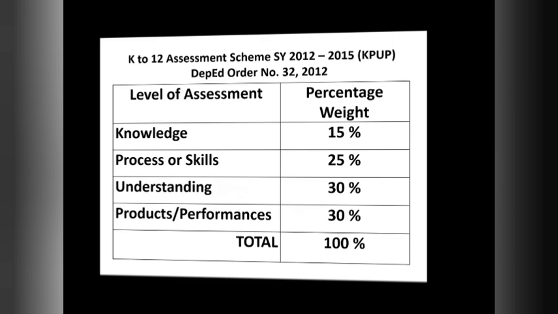In terms of the grading system in Basic Ed, during 2012 to 2015, KPUP was used in terms of the assessment scheme. KPUP is composed of knowledge, process, understanding, and product. These are the levels of assessment, at the same time the components of assessment in Basic Ed for the years